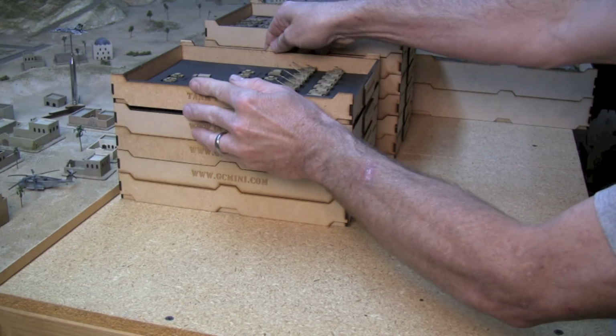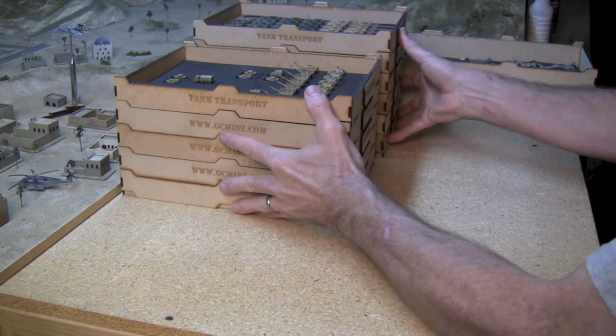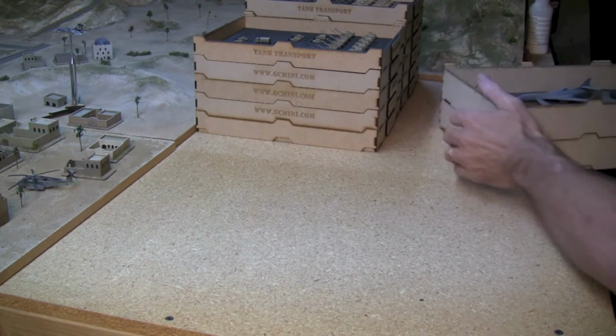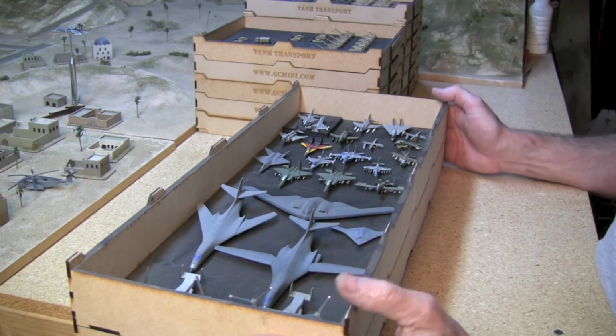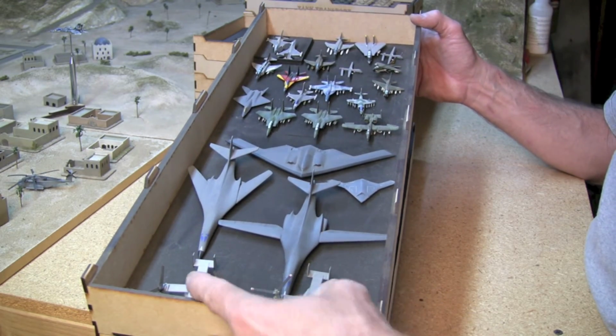So like I said, these aren't all of my miniatures. These are just kind of, if I was going to a game today, this is what I would grab and take with me. Over here are some of my aircraft. Now I have lots of aircraft. This is a very small sample of them, but we've got a couple of Ospreys,